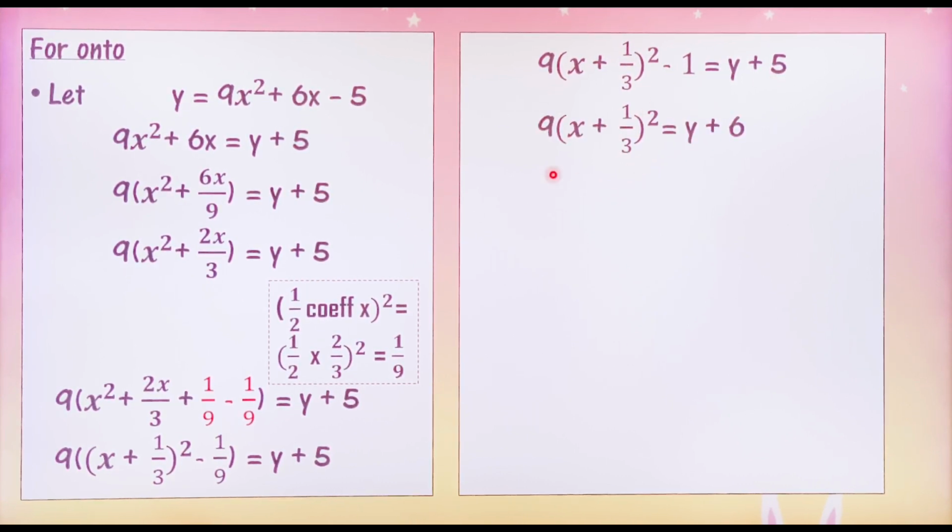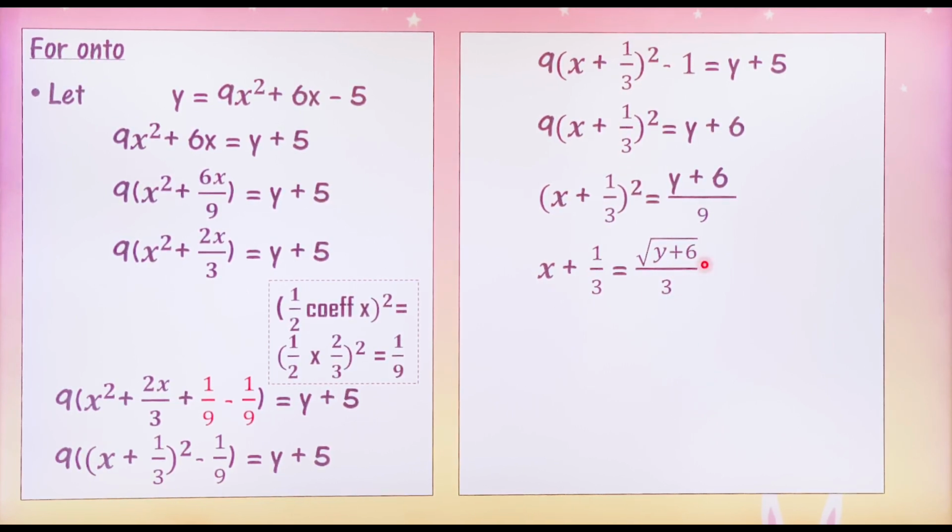That is 9(x + 1/3)² = y + 6, which implies (x + 1/3)² = (y + 6)/9. Taking square root, we get x + 1/3 = √(y + 6)/3. That is, x = (√(y + 6) - 1)/3